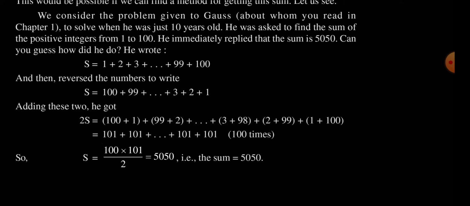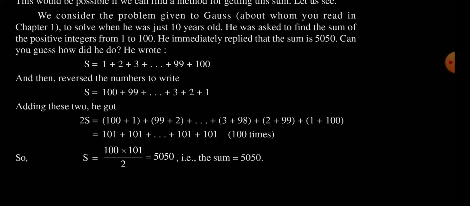We consider the problem given to Gauss, about whom you read in chapter 1, to solve when he was just 10 years old. He was asked to find the sum of the positive integers from 1 to 100. He immediately replied that the sum is 5050. Can you guess how he did it? He wrote S equals 1 plus 2 plus 3 up to 100,